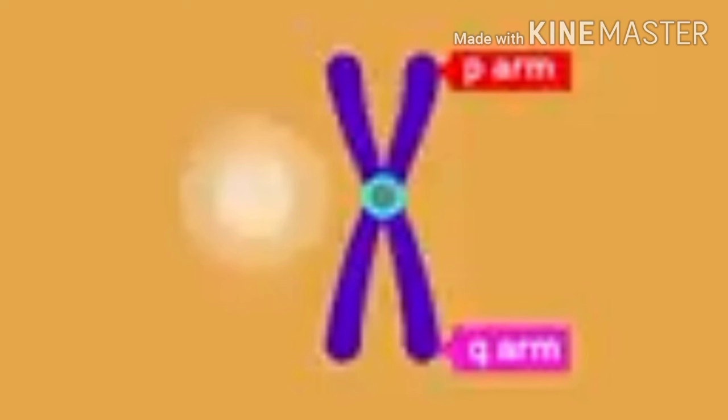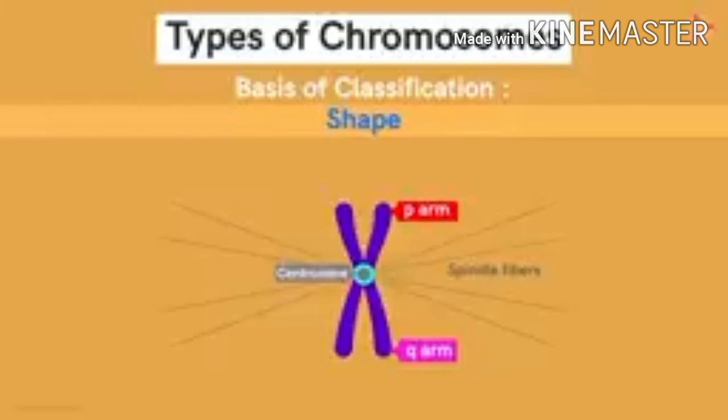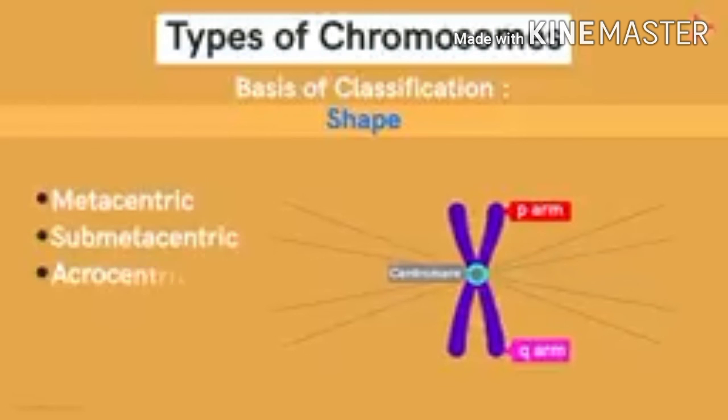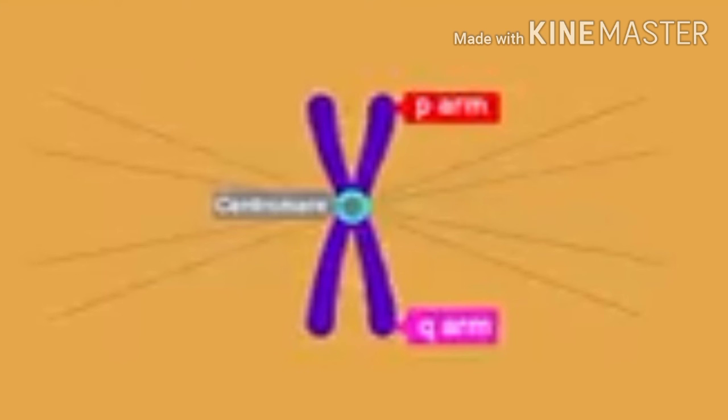Third point, control of cell division. The chromosome ensures successful division of cells during the process of cell division, mitosis. The last one is formation of protein and storage. The chromosomes direct the sequence of proteins formed in our body and also maintain the order of the DNA. The proteins are also stored in the coil structure of the chromosome. These proteins are bound to the DNA and help in proper packaging of DNA.